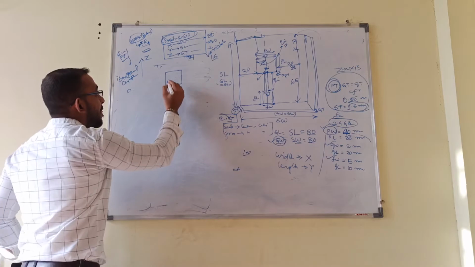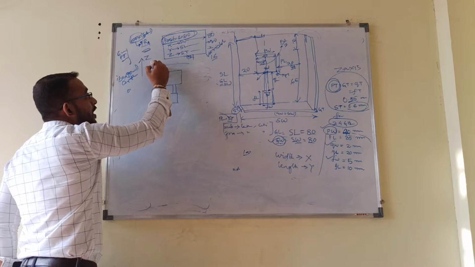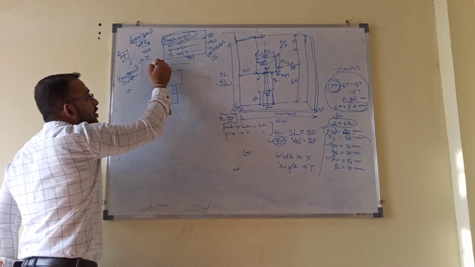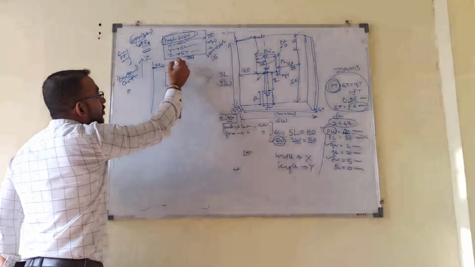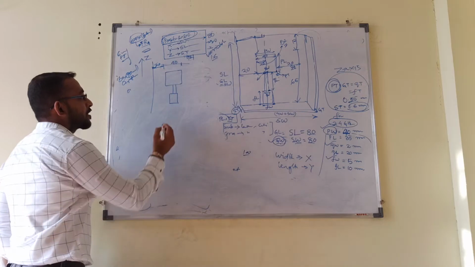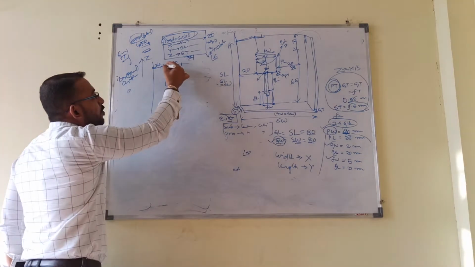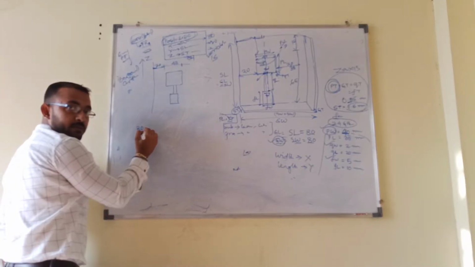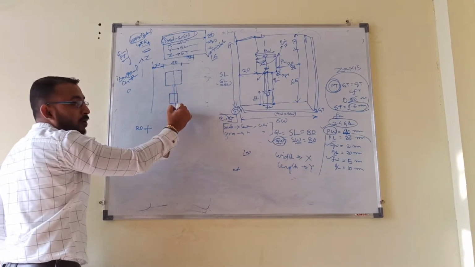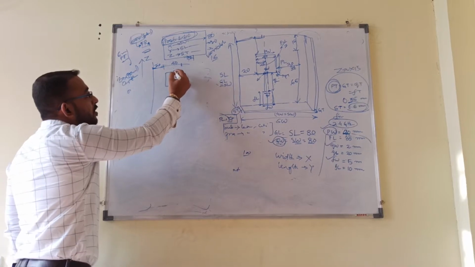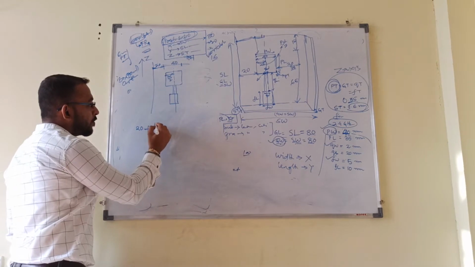This is the diagram. This is the origin. Yes or no? This distance is nothing but 20. And from here to here, this distance is 40. I have to reach this point. For reaching this point, first I have to move 20 mm, from 0 to 20 mm plus. I have to come to the center line of this patch. The center line of this patch means this width is nothing but PW by 2. Yes or no? So 20 plus PW by 2.